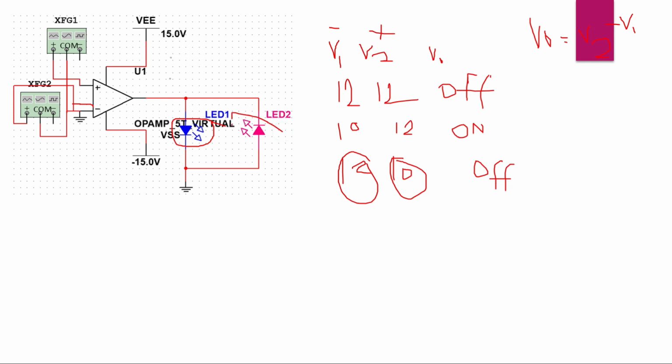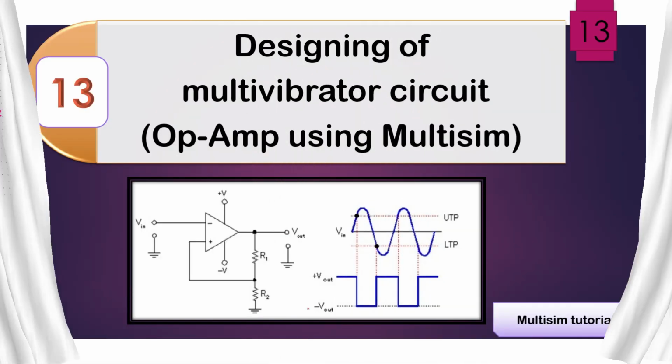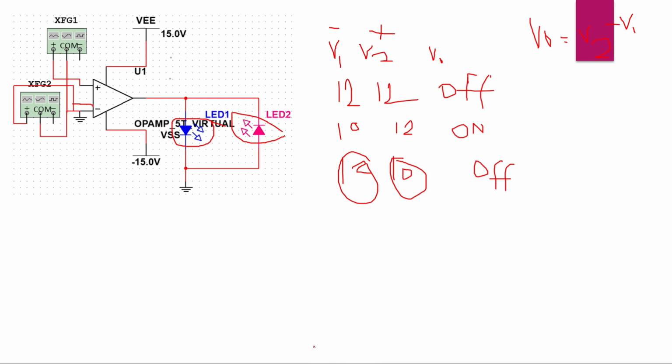To understand better, this is the AC configuration circuit. Don't think that we will explain both of these also. The circuit is the AC configuration. So we'll go to the Multisim software and we'll execute this.